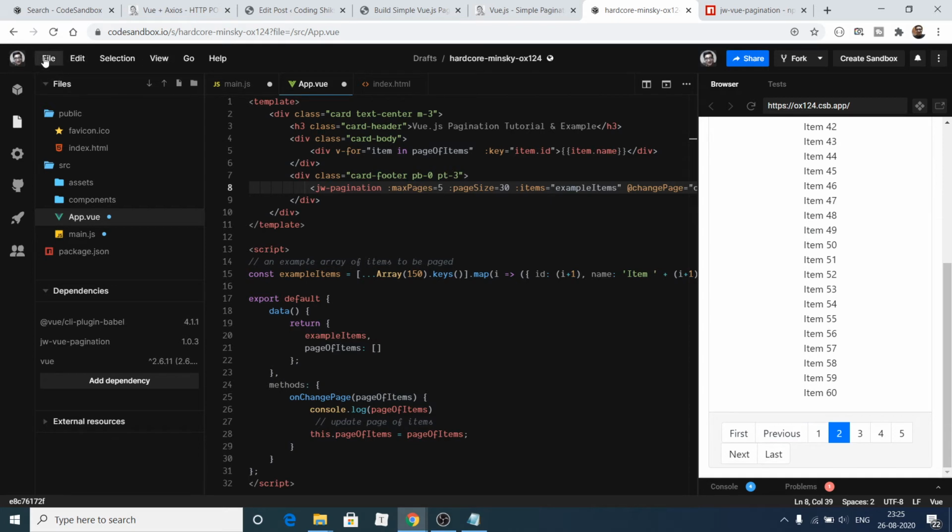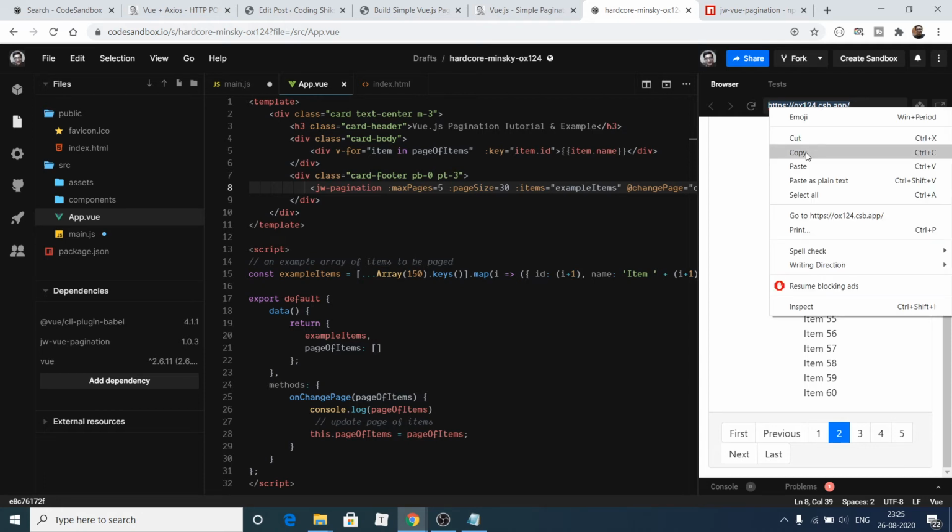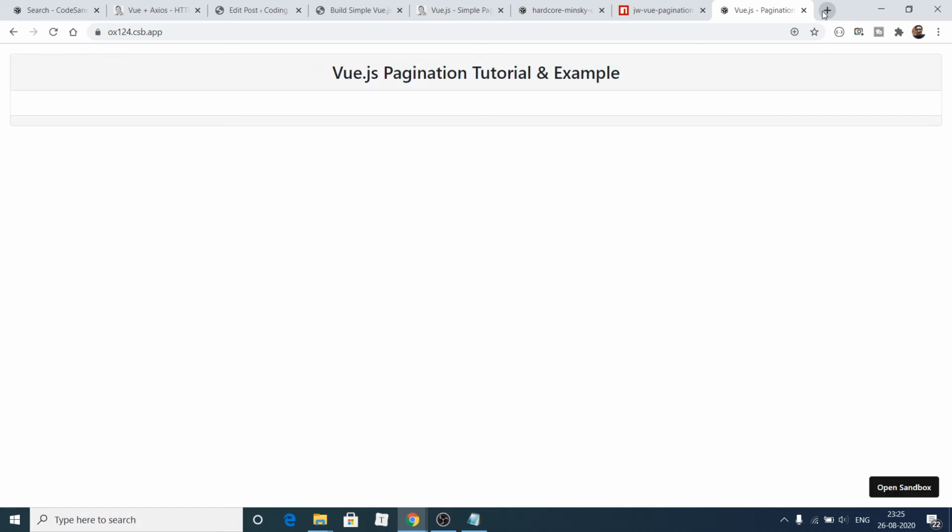So what can I do? You can even open this app inside your browser. Click on the save option, and now if I copy this link and paste it inside my browser, this is live, so anyone on the internet can see it. If I refresh it, you will see it is building out the application. So just wait.